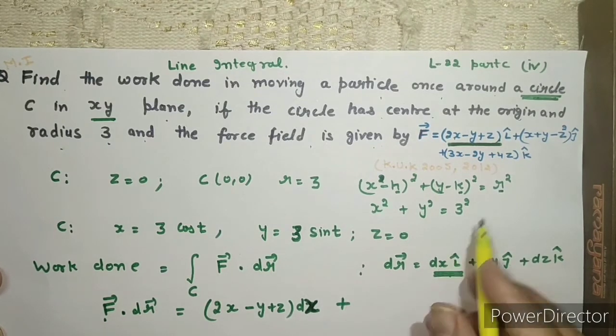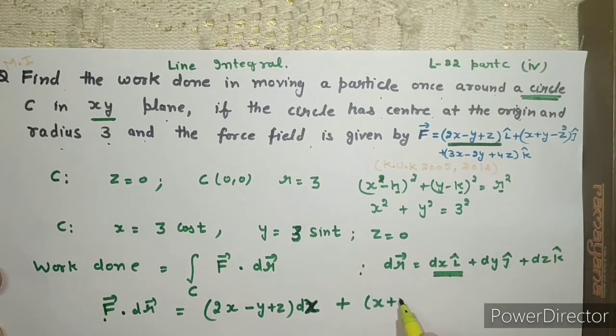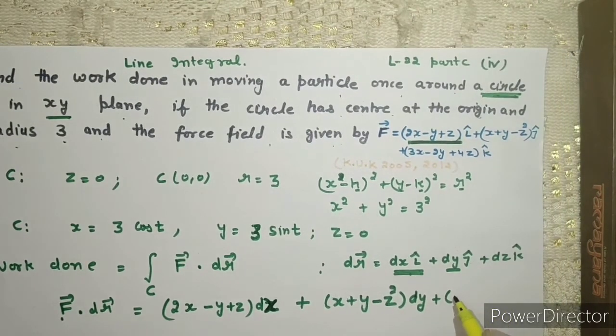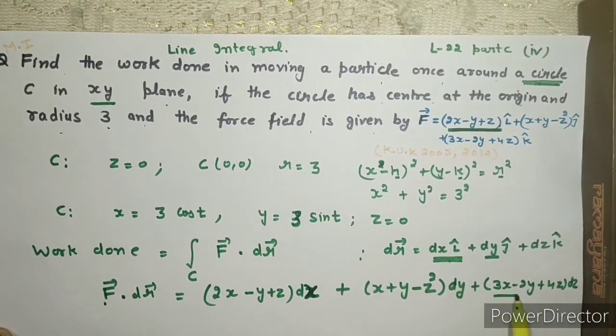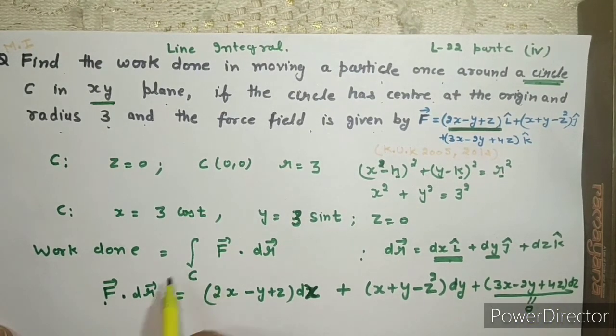प्लस y कंपोनेंट क्या है वहाँ पर, x प्लस y माइनस z स्क्वायर, here is dy, so this is dy. वैसे आपको ये टर्म लिखने की जरूरत नहीं है क्योंकि आपके क्वेश्चन में z क्या गिवन है, that is 0 और dz क्या हो जाएगा, वो भी 0, ठीक है। तो ये टर्म तो आपकी क्वेश्चन में 0 बन जाएगी, ठीक है।